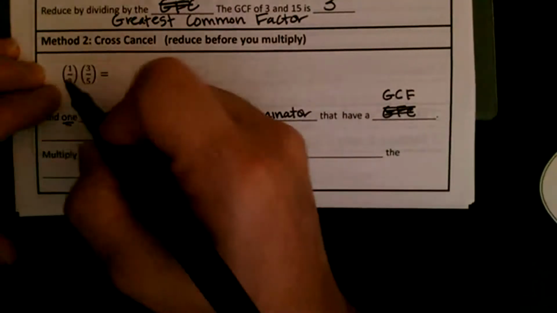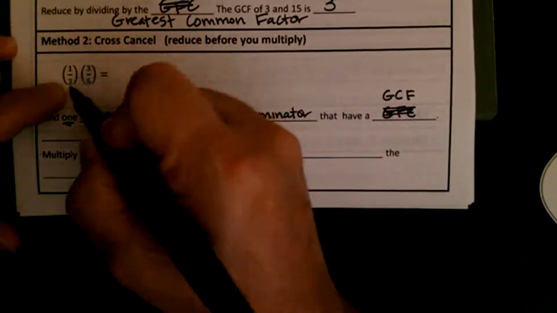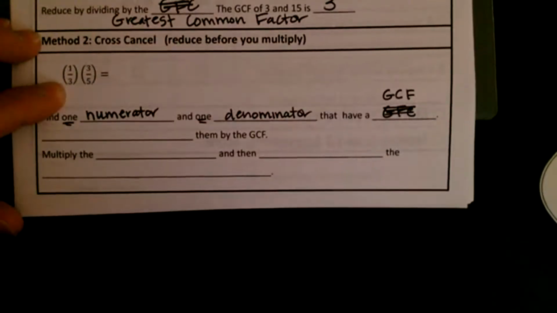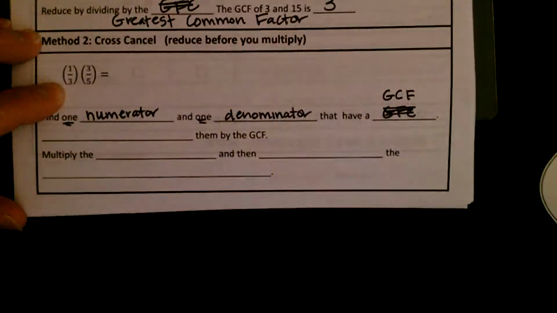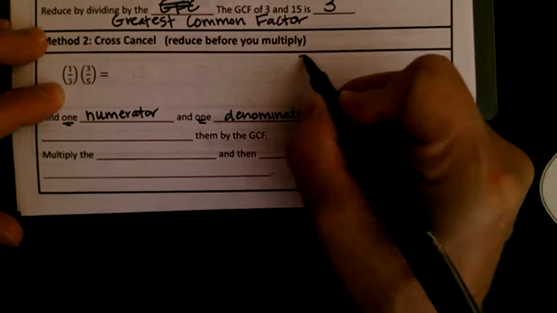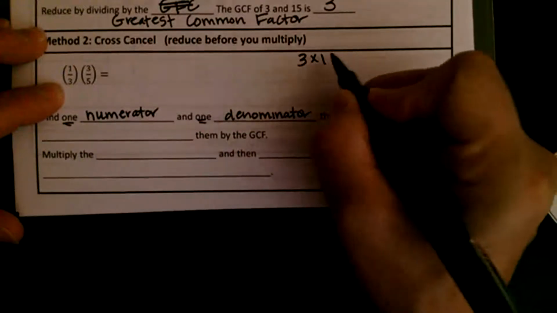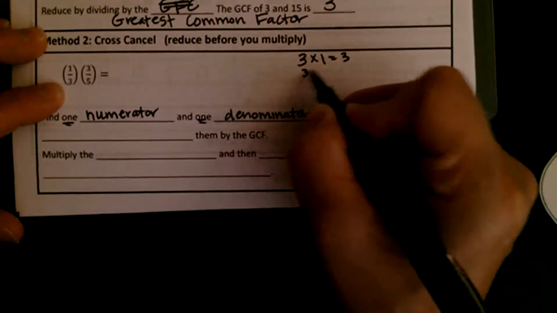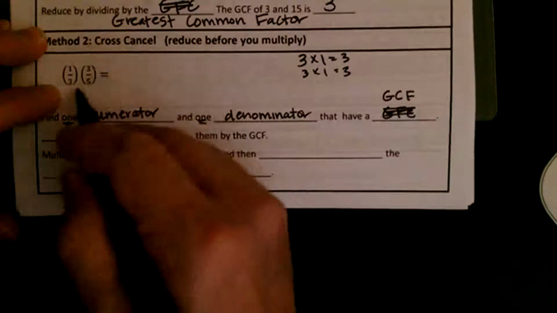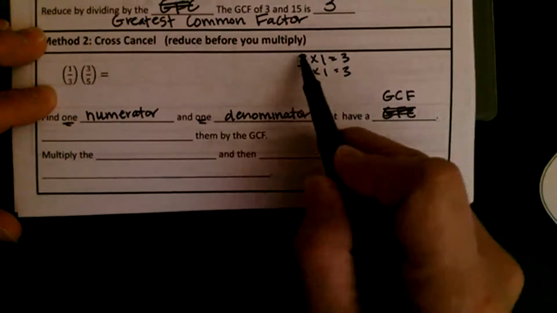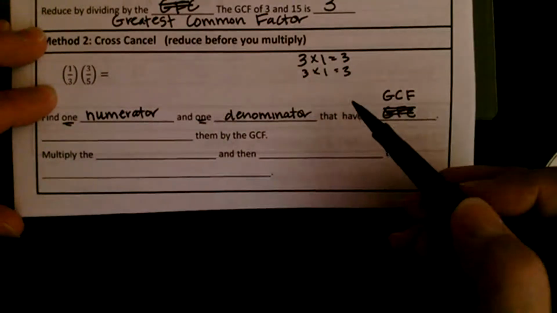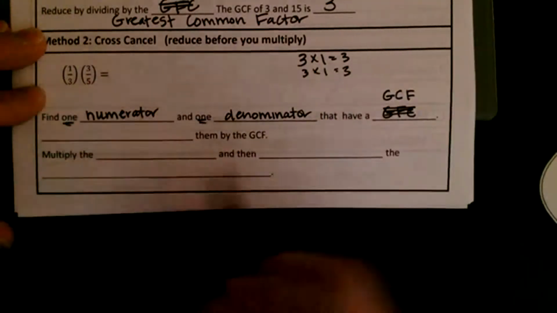In this case, this 3 and this 3. These 3's can cross cancel because they both have a factor of 3, right? We did it before. 3 times 1 is 3. 3 times 1 is 3. So for both of those 3's, 3 is a factor because 3 times 1 is 3. Okay? Remember, factor is the number in a multiplication problem. Well, that means I can,